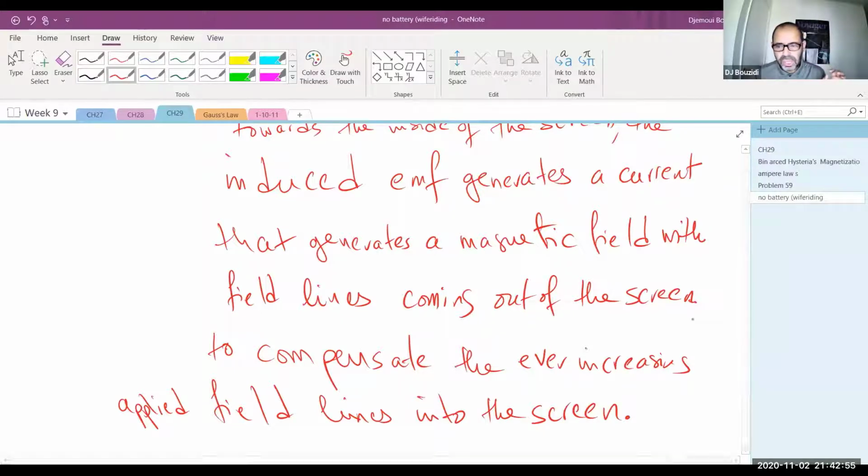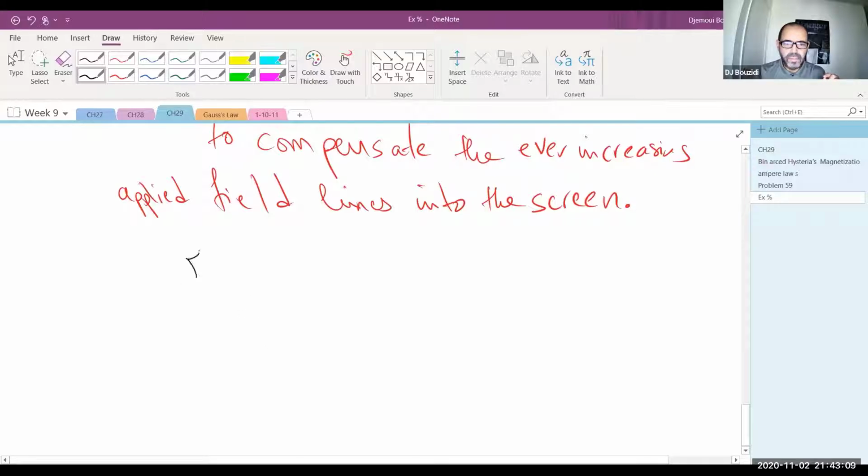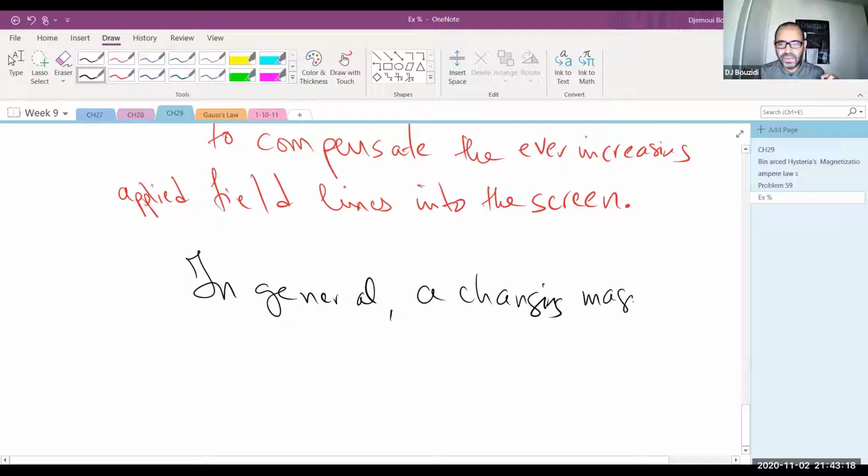So we are going to put a big statement now for Faraday's law. In Faraday's law, this is true all the time, we'll have two components of it. First of all, the magnitude, which is easy, and then the direction that has to do with what I just said. So in general, a changing magnetic flux will generate